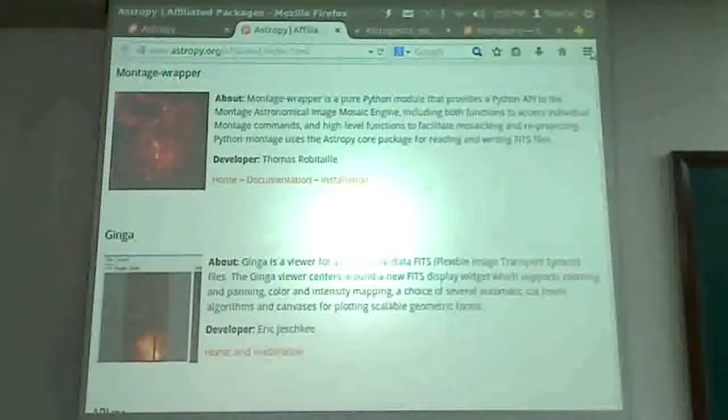So there's Montage Wrapper, which is a Python interface to the program Montage, which allows you to make mosaics. There's Ginga, which is a basic GUI widget for viewing FITS images, and you can heavily customize it as per your choice. So for example, if you were an observatory engineer who needed to design your own FITS viewer, customized to the specific nuances of that observatory, you would take Ginga as a starting point and then build upon it.